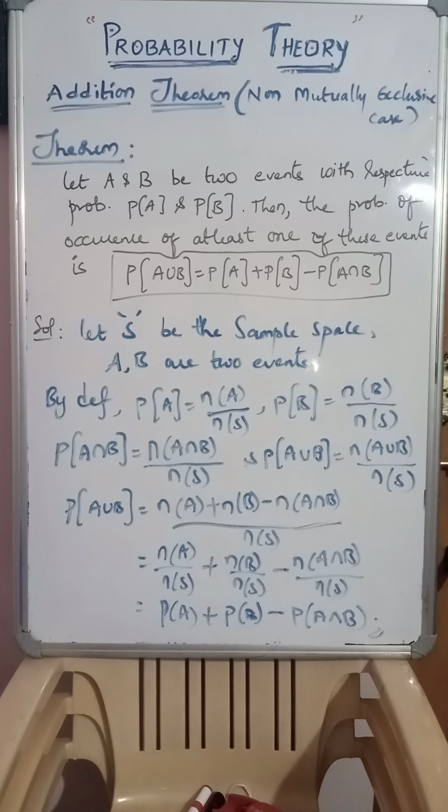So using this we shall see problems on non-mutually exclusive case. Remember guys, mutually exclusive means there will be no common element, always the intersection part will become null set in mutually exclusive events, but in non-mutually exclusive events it won't become null. Remember, P of A intersection B has a common element, in case of non-mutually exclusive events. Now let us see problems on non-mutually exclusive events.